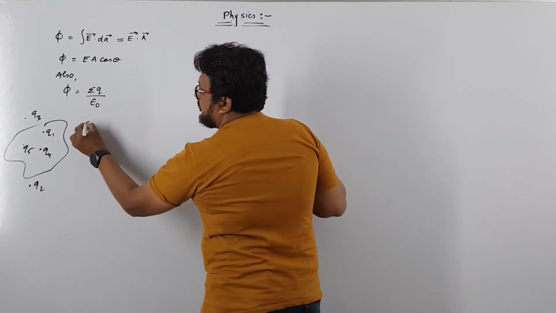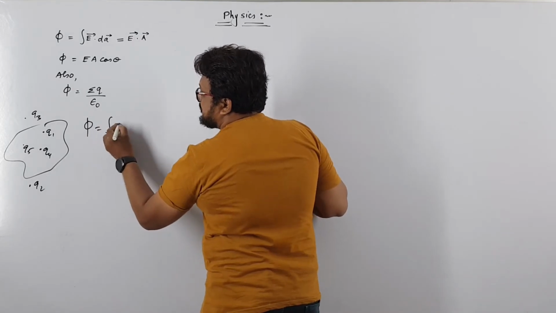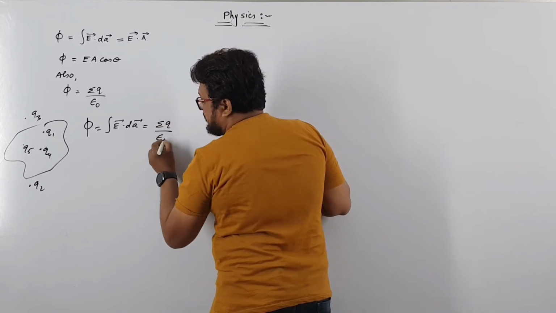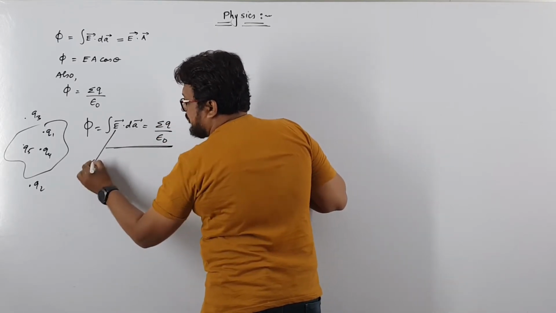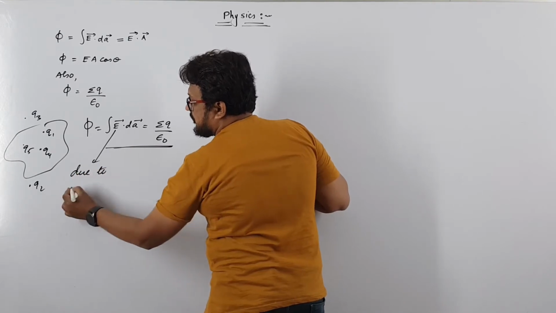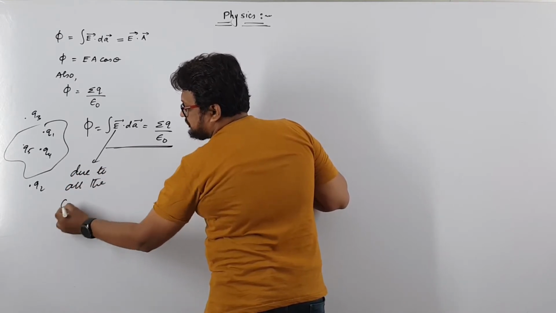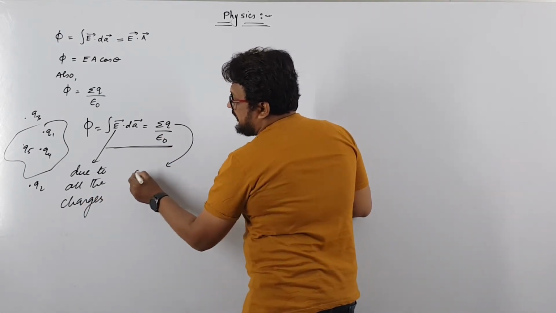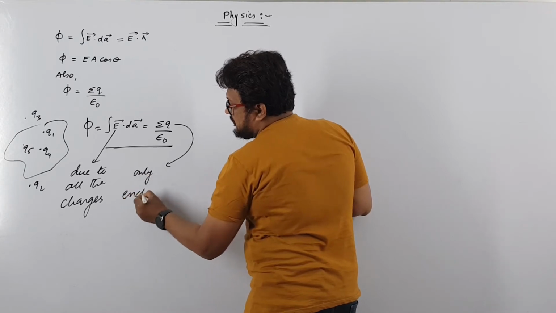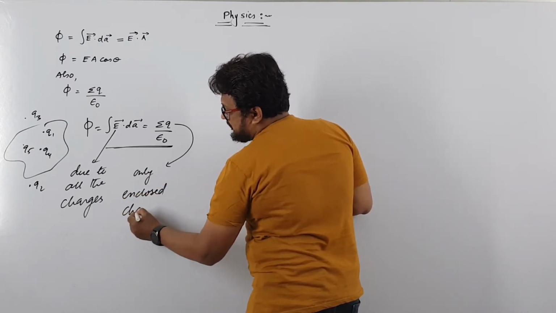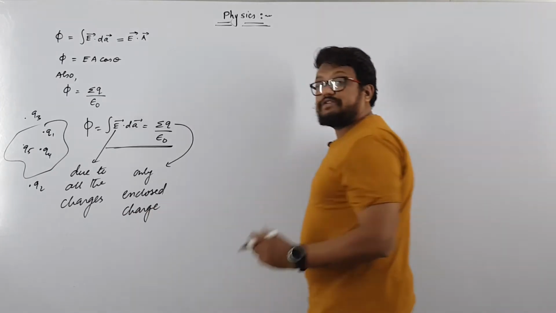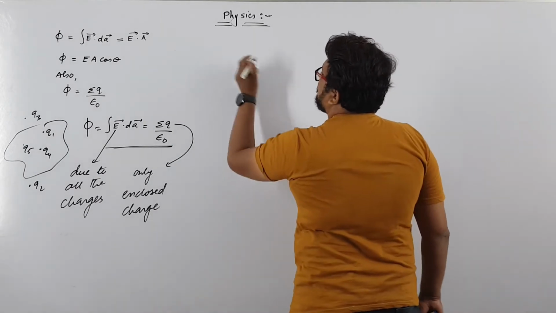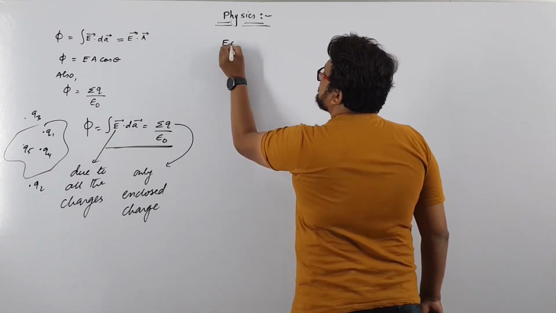So if you write the equation flux phi is equal to integration E dot dA, which is equal to sigma q over epsilon naught, then in this equation this electric field is due to all the charges, while this sigma q is only the enclosed charges, that is the charges which are enclosed by closed surface. Clear? So let us start with an example,